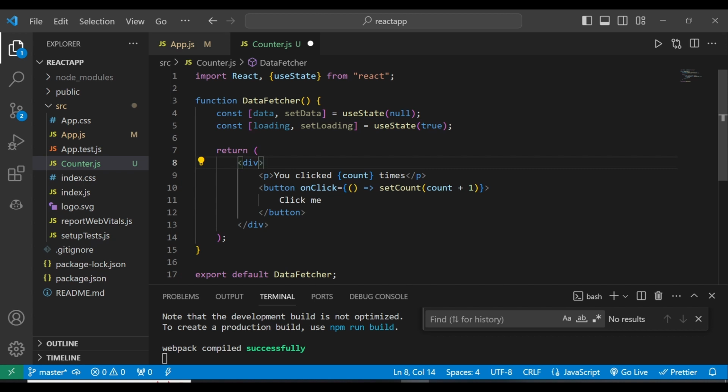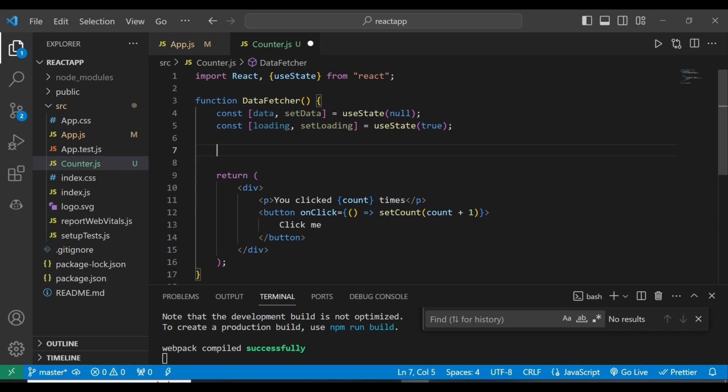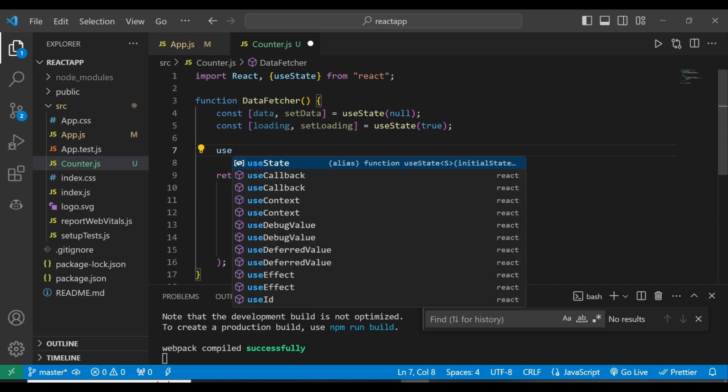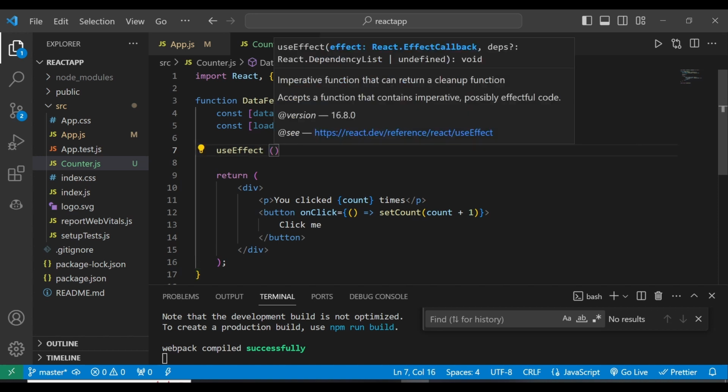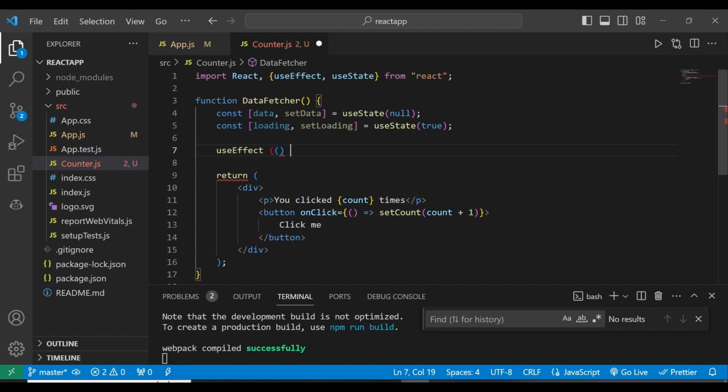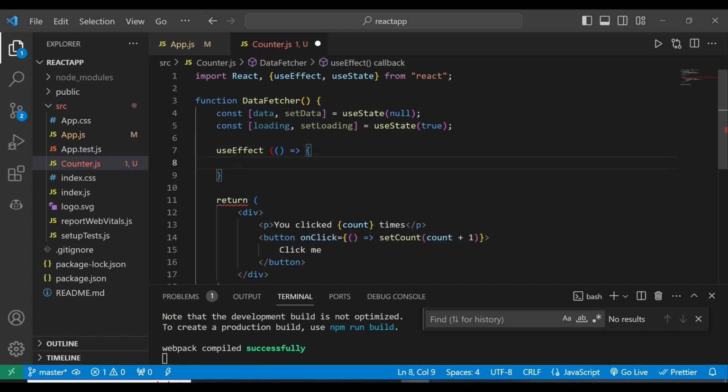Now we are going to start with the useEffect, and you can see automatically it gets imported there. So we are going to have the useEffect with the parentheses and then the curly brace. Within the curly brace, from our DataFetcher, we're going to have a public API. Here we're going to define a const, fetch,